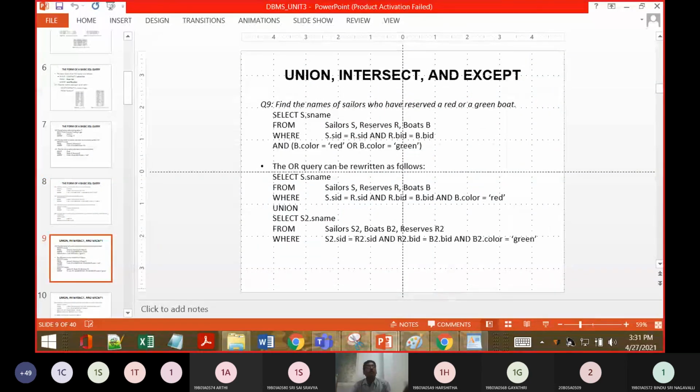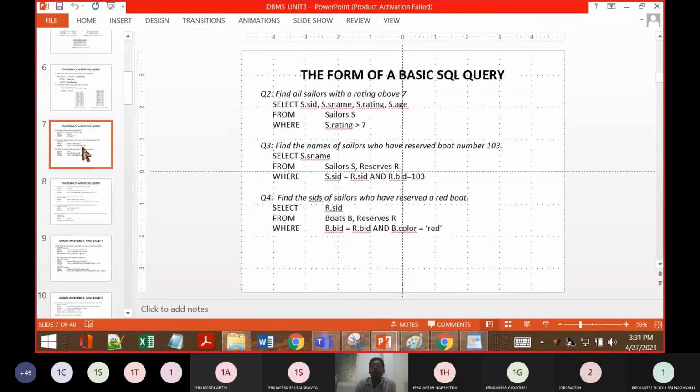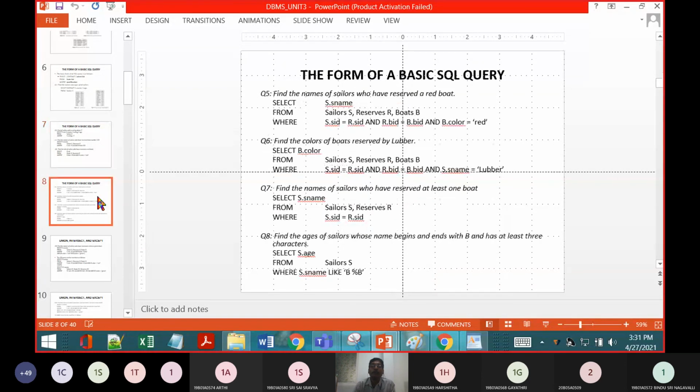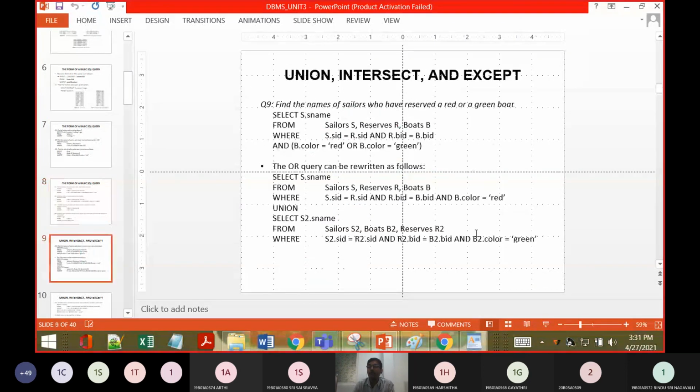In today's class, we have talked about the basic queries, that is, getting whether the boat number is 103 or not, whether it is a red boat, followed by the boat which is reserved by Lubber, and at least one boat, and working on strings.